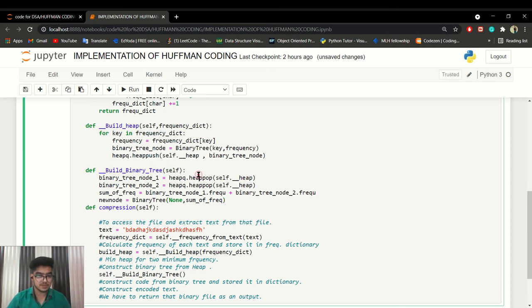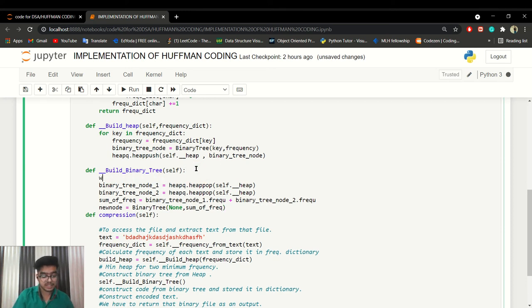Okay, so there is one problem. We have to create a conditional as well. The condition I am saying is, our heap should contain a minimum of two nodes. Okay, if it contains one node, then we have to stop.